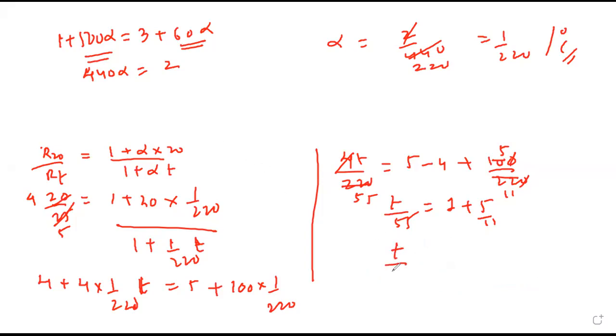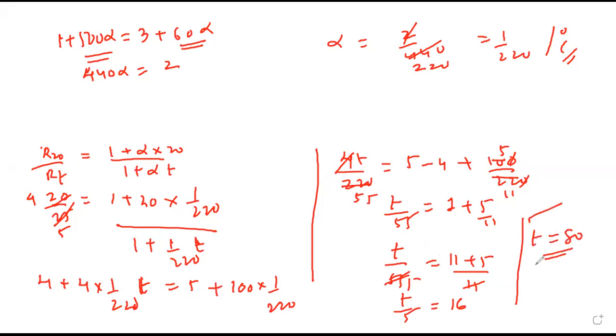So 3 upon 55 is 11 plus 5 upon 11. Therefore, T equals 16 into 5, 80. Answer. I think you might have made a mistake in the R0 part. फर्स्ट टू वैल्यू से अल्फा निकालना है, अल्फा मिल गया तो एक नोन और एक अननोन से टी निकालना।